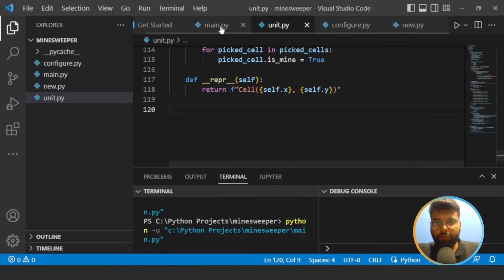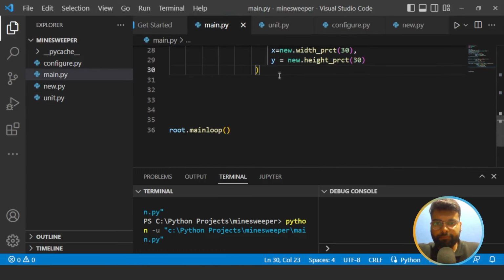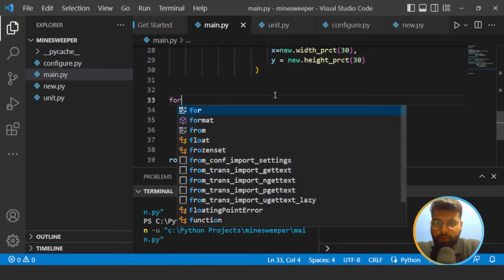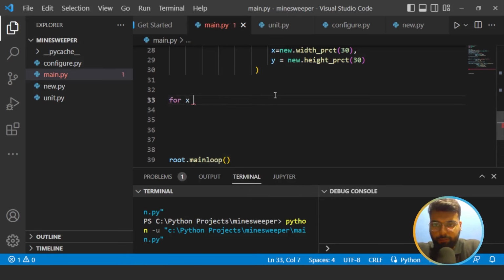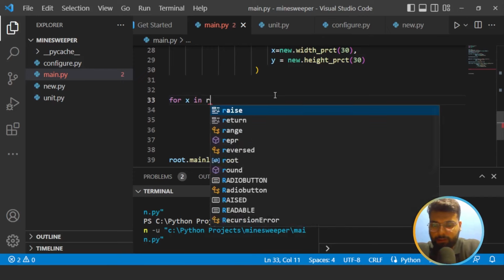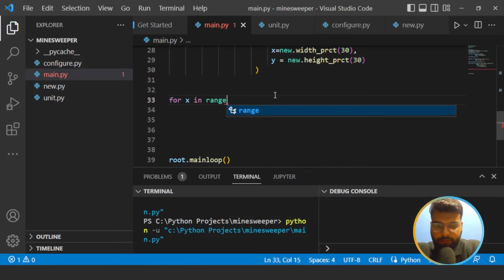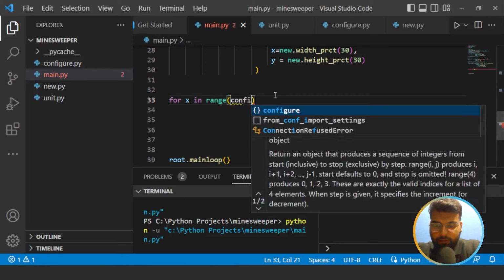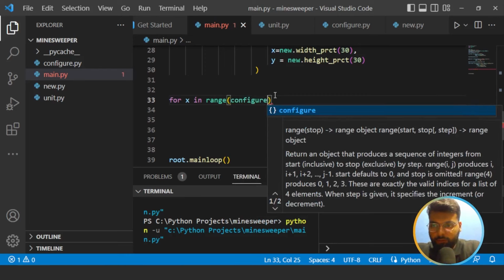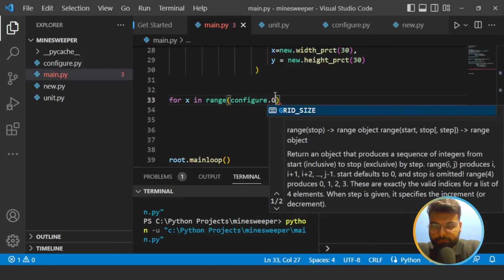Now moving to the main.py file. Now we'll set the grid size here. With that, we'll run a loop for x in range configure.GRID_SIZE